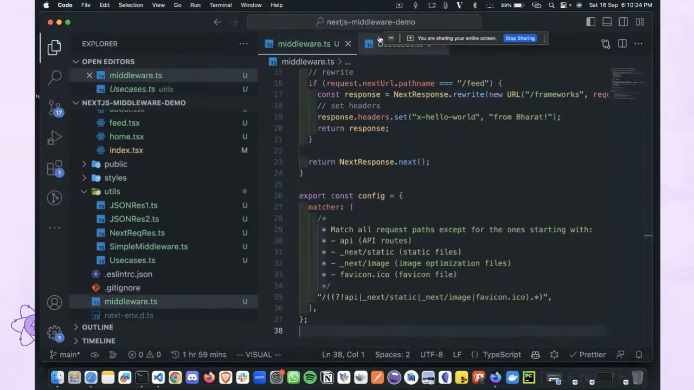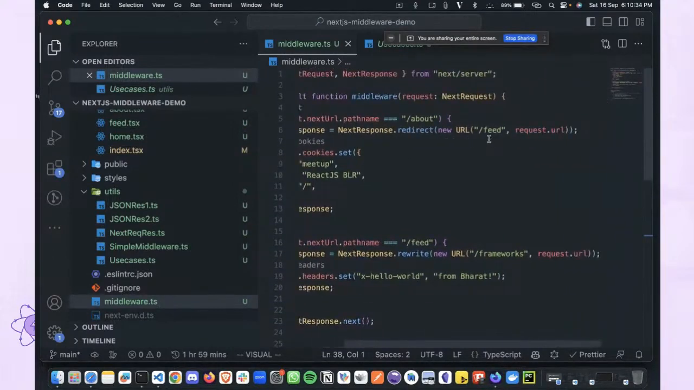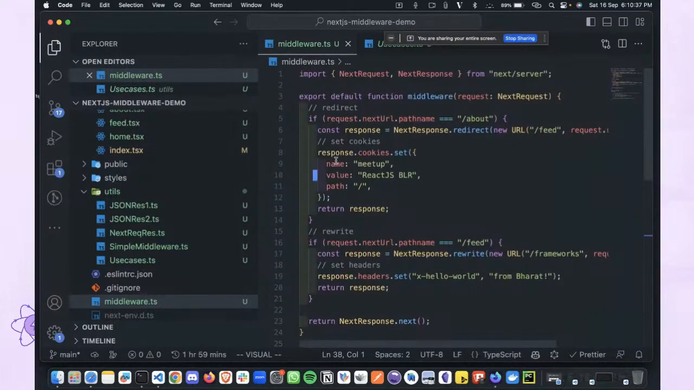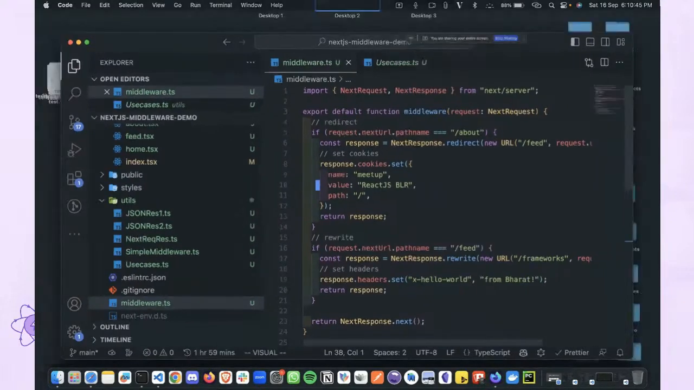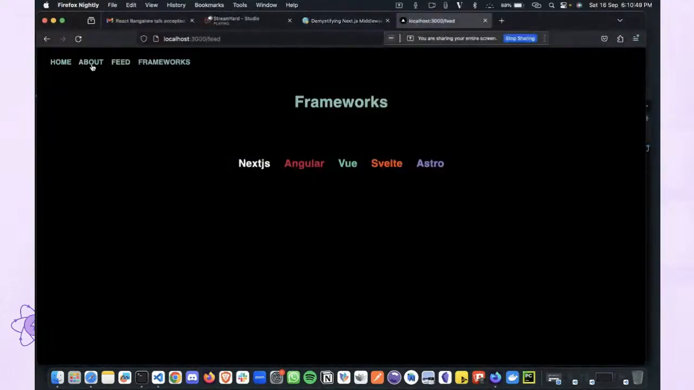If I go to the about route, what I'm doing is redirecting that to a feed route, and I am setting a cookie named meetup, and its value would be React.js Bangalore with path, and I'm returning that response. So let's first try cookies and redirect. It would be on the about page. So if I go to the about page,